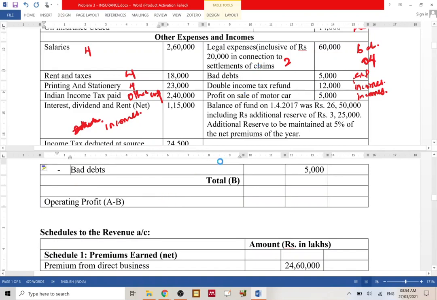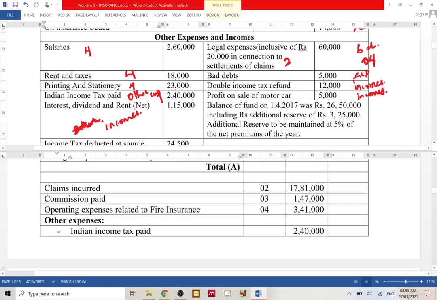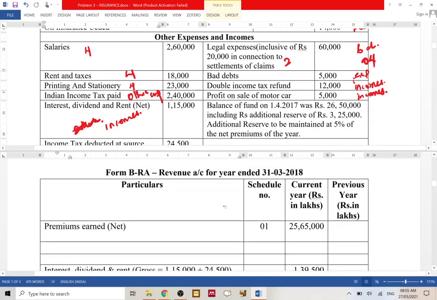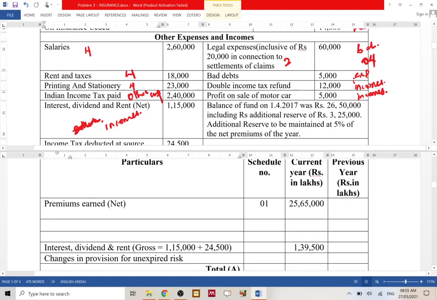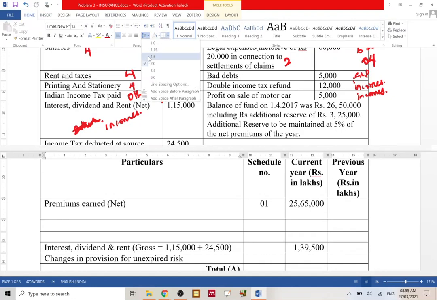Okay, then double income tax refund. Now refunds are an income, meaning you paid a little extra tax to the government, thinking that your tax liability may come to that much, and then at the end of the year, when you really actually made the profits and calculated your taxes, you realize that you've already paid too much in tax to the government in advance. Okay, so you are liable for a refund. Now this refund becomes an income over here, and soon after premiums we will write, just adjust this,